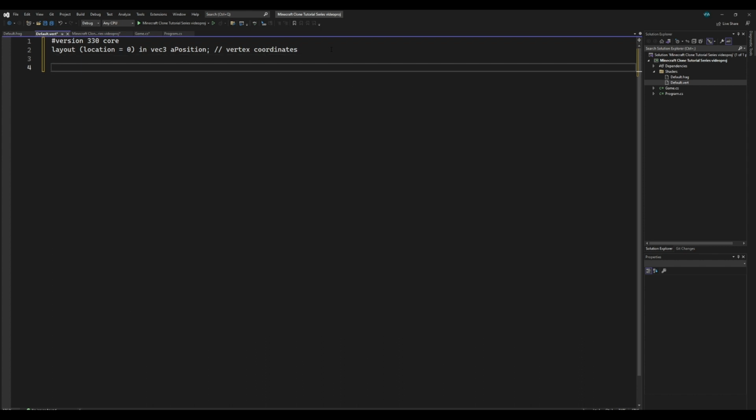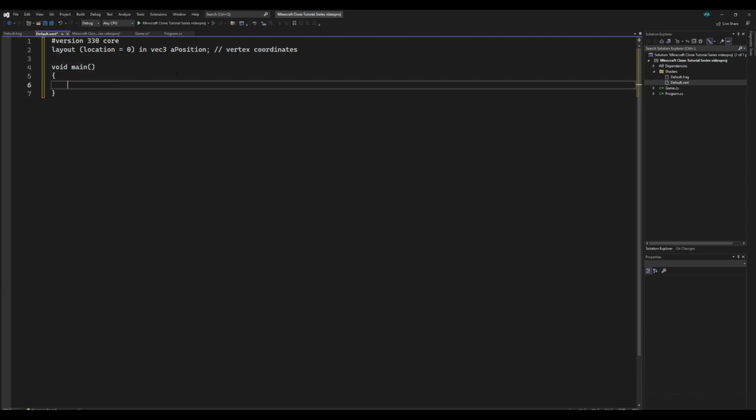Okay, and now let's go ahead and use this inside of this vertex shader. For this, we're going to create a main function, void main. There is no autocorrection here, so you're kind of on your own. Mistakes are very much an issue, where you can completely mess up and not realize for a million years. Basically, we want to call this gl_Position, and it does have to be gl_Position